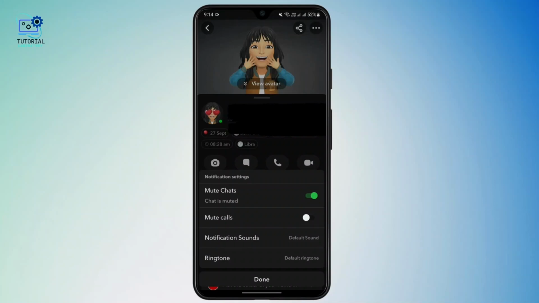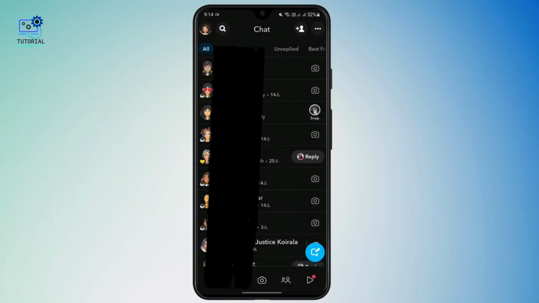you a snap, he or she will not likely be considered your best friend on Snapchat since you won't interact with each other. So in that way, you can remove someone as your best friend in Snapchat. These are the two ways that you can use to remove them as your best friend on